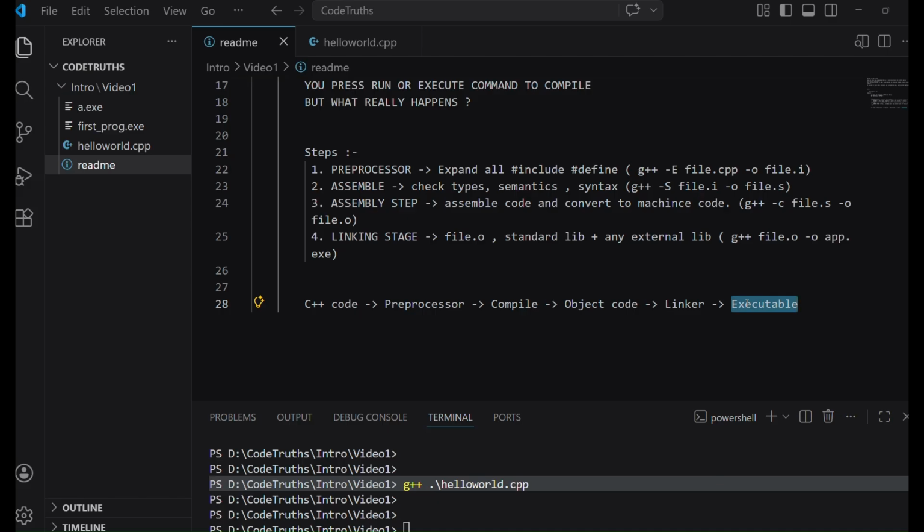If you go further in C++, you will see many more things coming up. So next time you run a program, remember that it is not a single command, it is a pipeline. We need to understand each and every step of a pipeline.